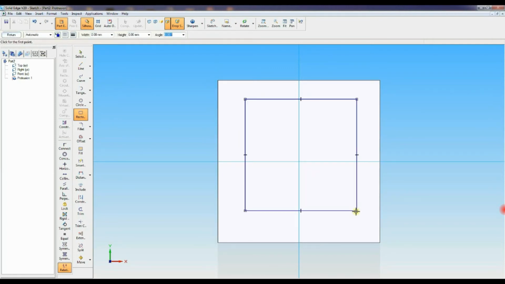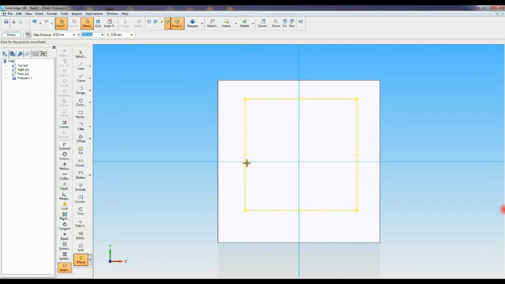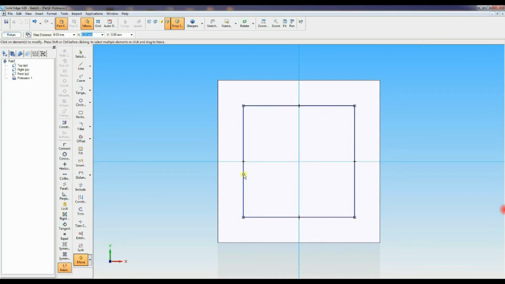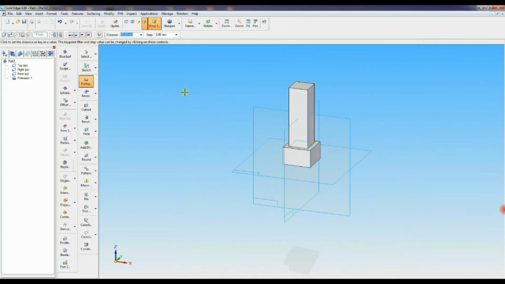Okay. Now go to the move command, select the drawing, find the center point, and bring it exactly onto the center. Then the height you have to give is 22.